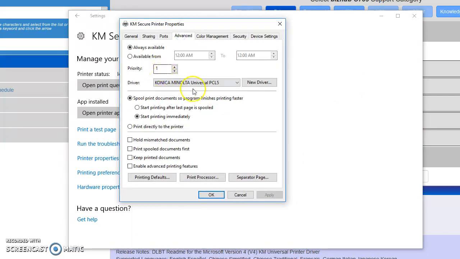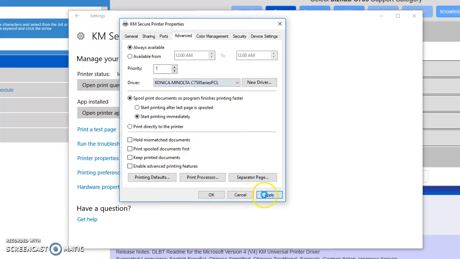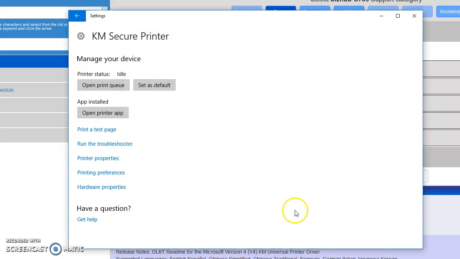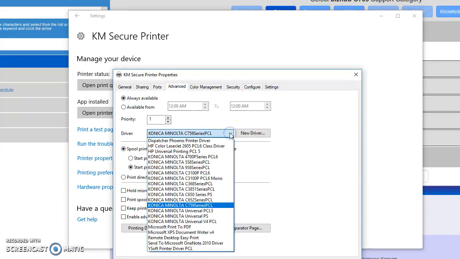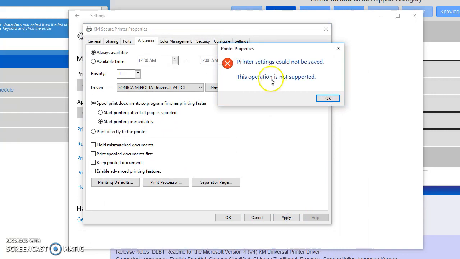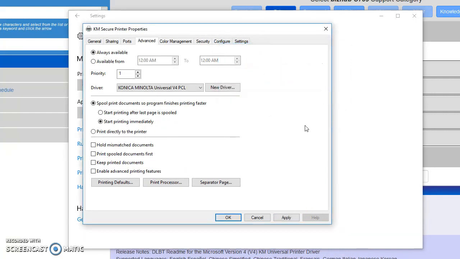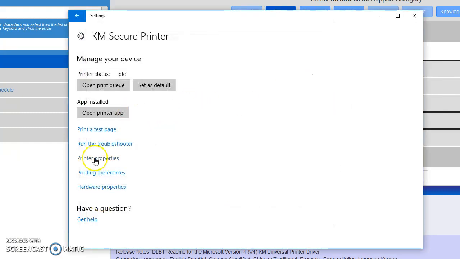Under advanced, it's trying to use the universal, which we know doesn't work. The C759 model specific does seem to work without issue. I can apply that and say okay and great, but if I try to select the universal right here, it's got it selected here, and then I apply, instantly Windows just will not allow that to happen. I try to click OK, it won't even try to do it, and it'll just revert